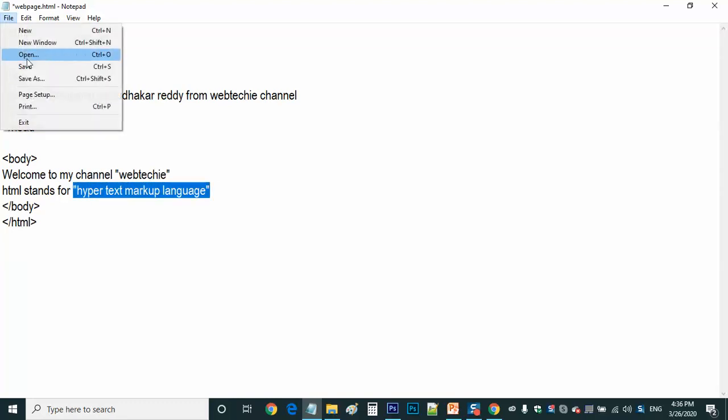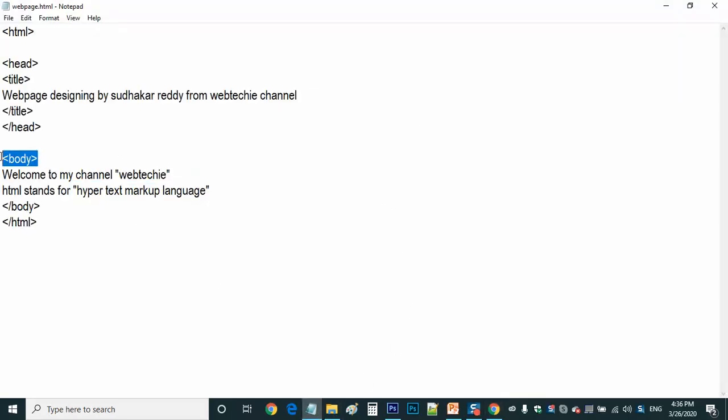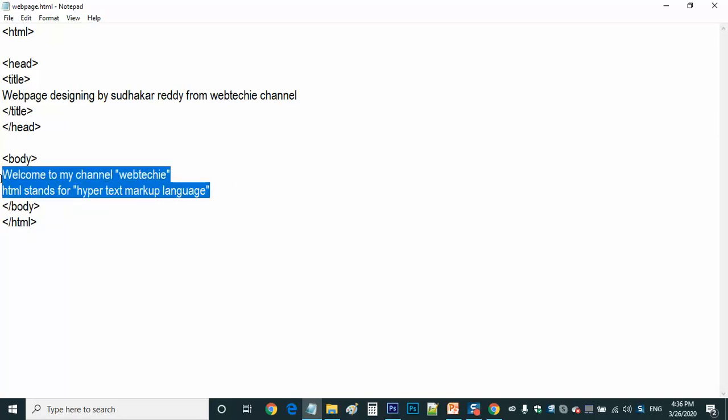And I want to save it, and execute this program once again, reload it. Can you see? So now we are ready. We created one web page with some content, and as I said, this is the body of a web page. If you look at this program, there is a body tag here. The body tag is opened and closed, and there is a text here. Whatever you write here, that is showing here. This is how we can create a web page.